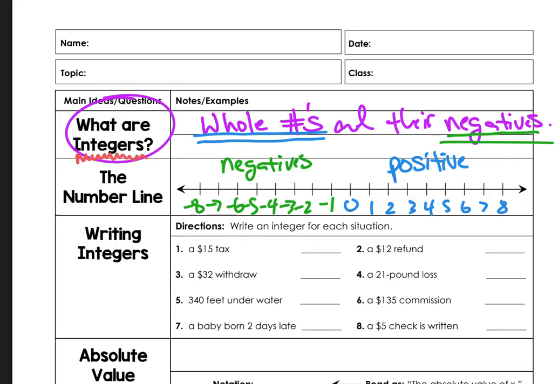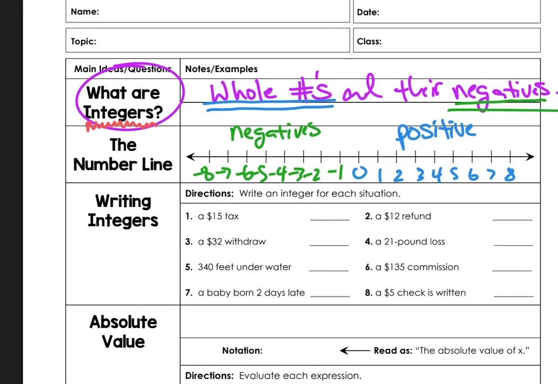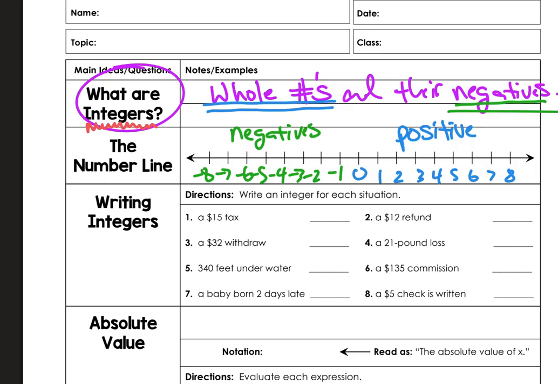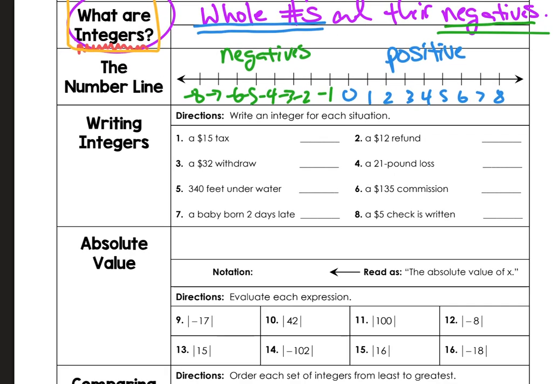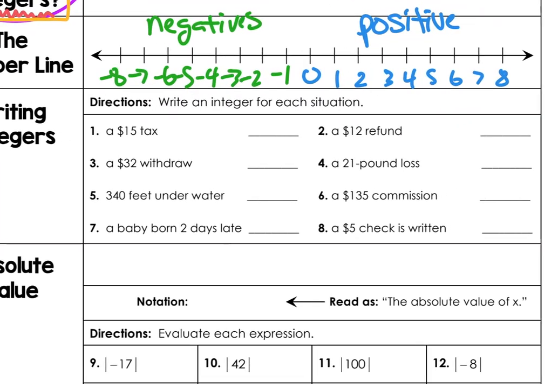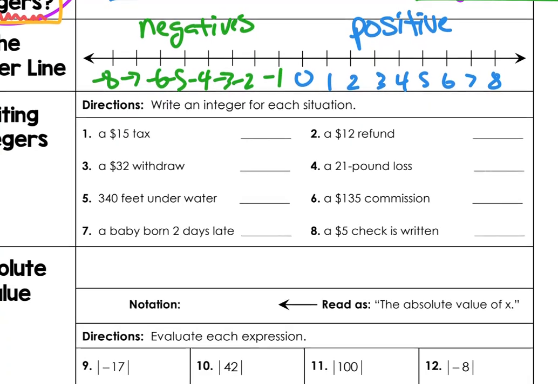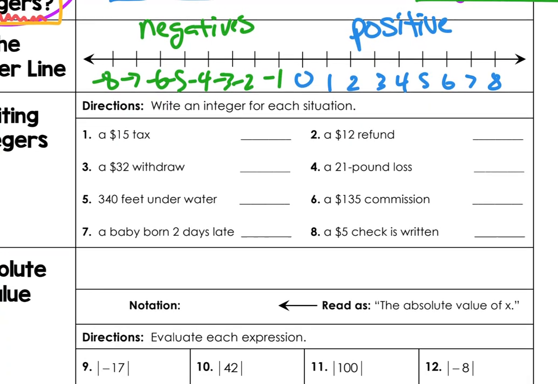All right, and you might think, well, isn't that one concept right there? No, we hopefully already knew that. You just might have not been crystal clear on the vocabulary, because we don't always refer to them as integers. But hey, you should know an integer is basically whole numbers and their negatives. So right here, the thing I like about math is that it interacts with English, and then we get some meaning out of it, right?